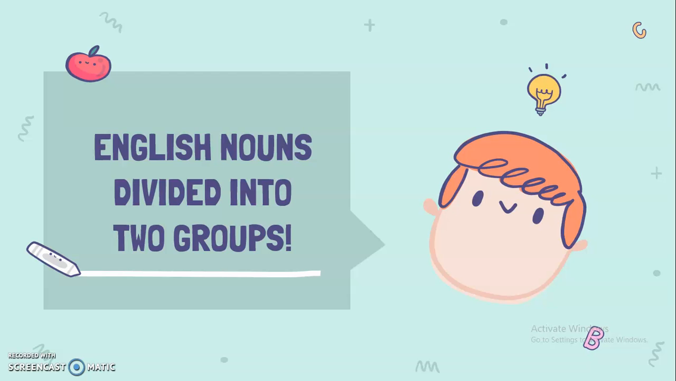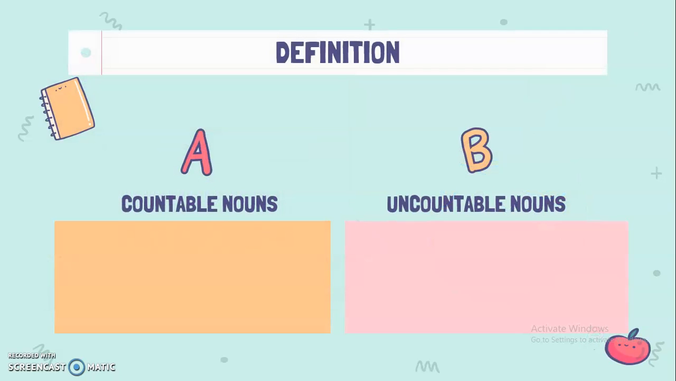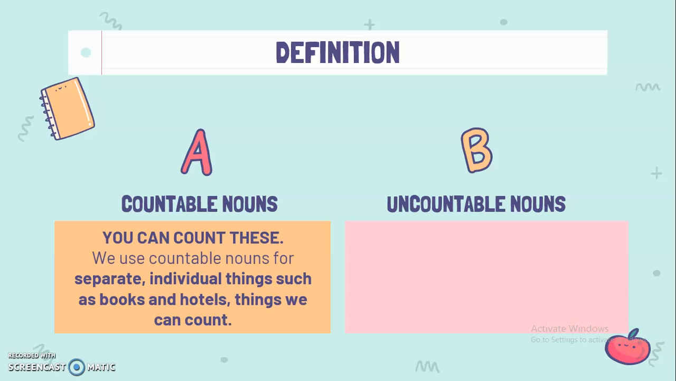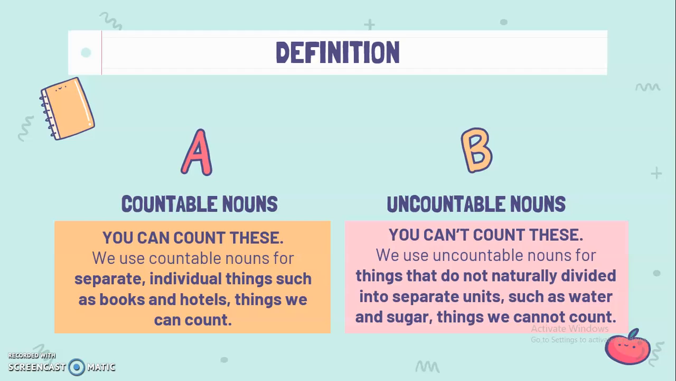English nouns can be divided into 2 groups, so let's define them one by one. Firstly, countable nouns. These are nouns that we can count. So we use countable nouns for separate individual things such as books and hotels. In contrast, uncountable nouns are nouns that we can't count. So we use uncountable nouns for things that do not naturally divide into separate units, such as water or